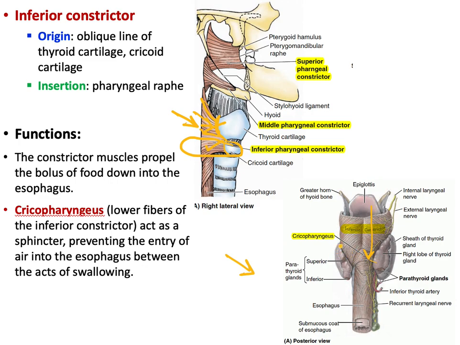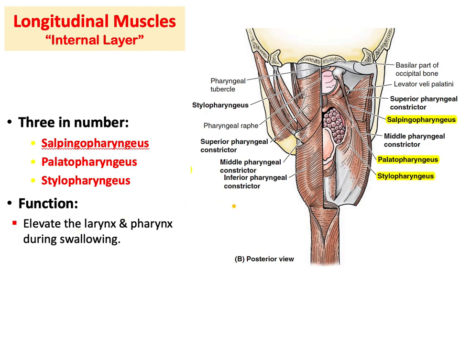So this is the inferior constrictor, but in general the constrictor muscles, superior, middle, and inferior, are called constrictors because they propel the bolus of food down into the esophagus while you are eating and swallowing, right? So that was about the constrictor muscles. As I mentioned, they propel the bolus of food